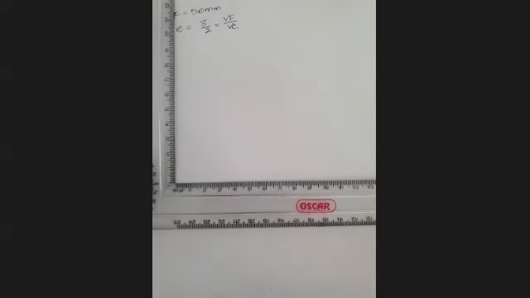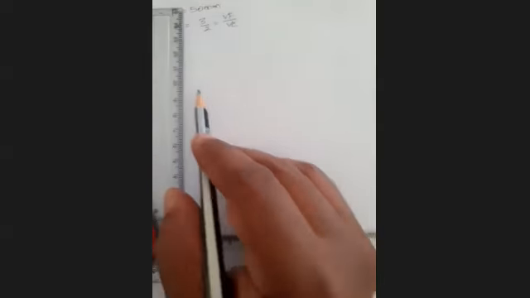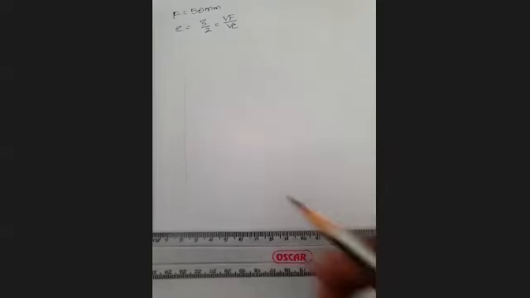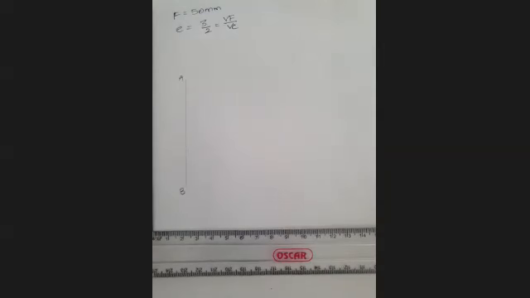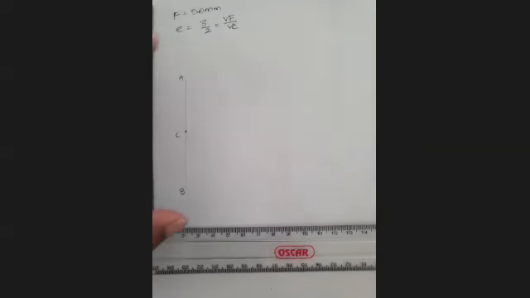Now, listen carefully. Draw a vertical line with 2H pencil of any length. You name that vertical line as AB. Okay. Now, after that, you mark a point anywhere on that line. Name that point as C. Okay. AB of any length, and you mark a point anywhere on that line and name it as C.